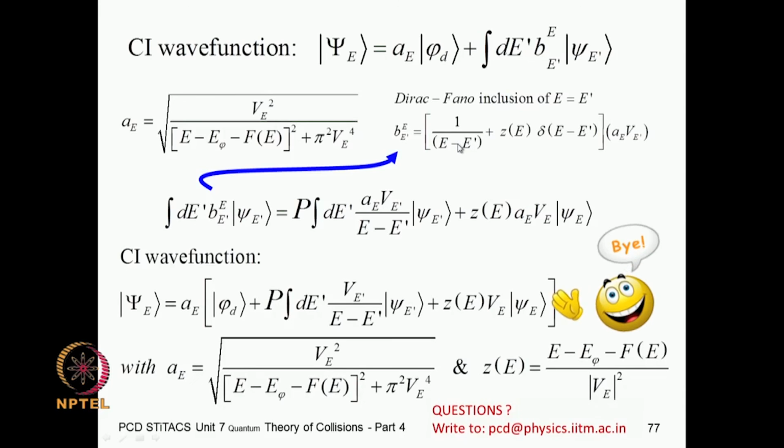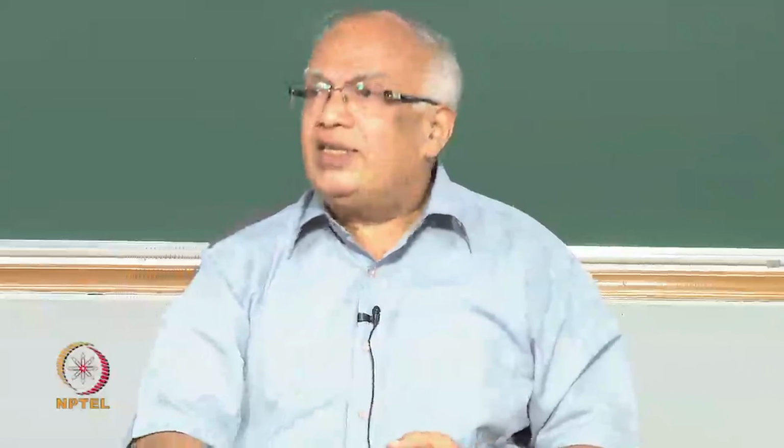So, you have the complete configuration interaction wave function in which you have the A E phi d, which is here, and then you have this piece over here. But because of this Dirac delta integration, you have got only the term corresponding to E prime equal to E, which is why you get this Z E V E psi. So, this is the configuration interaction wave function that we have now deduced,